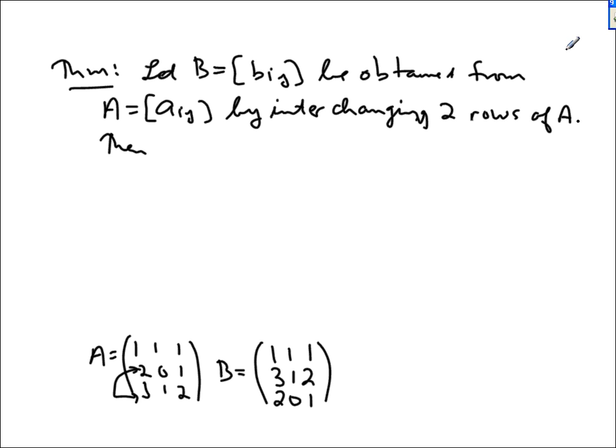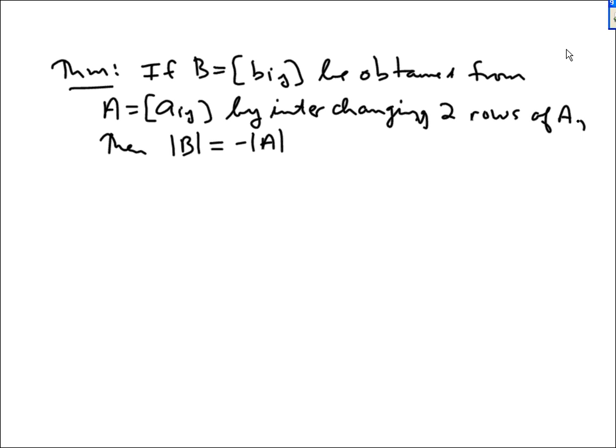Then, it's not a big deal, but let me write: if B is obtained the way that we just said, then the determinant of B and the determinant of A are not equal, but they differ by a sign. They differ by a sign. And that is what we want to prove. Okay. Now,